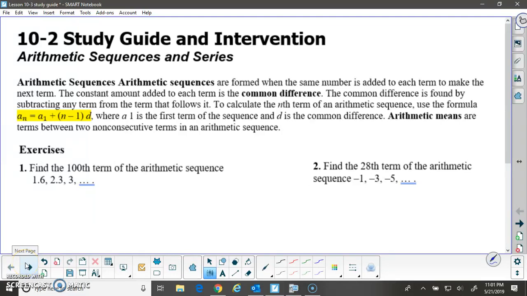Chapter 10.2 Study Guide and 10.3 Study Guide. A couple of problems here. Lesson 10.2 is on arithmetic sequences and series, and as you can see here, we've got a formula that's highlighted